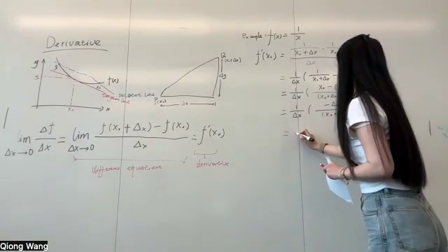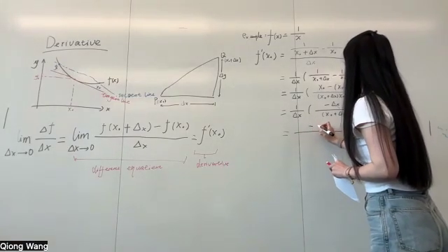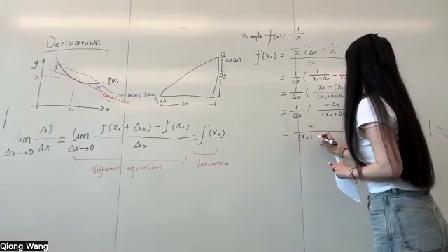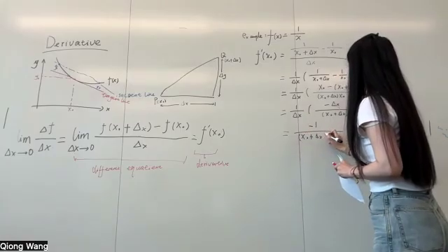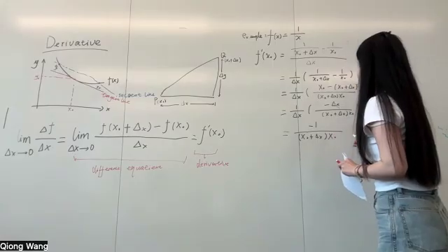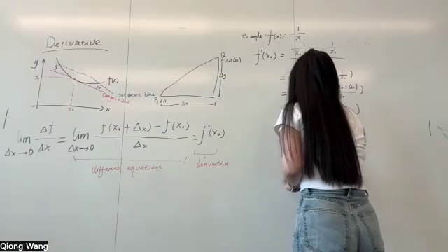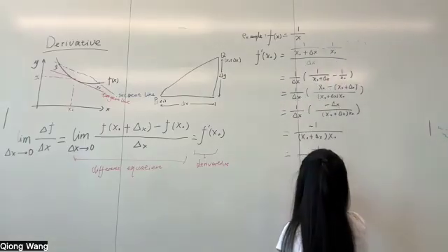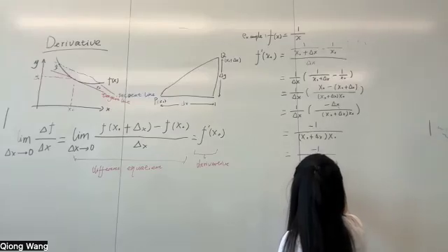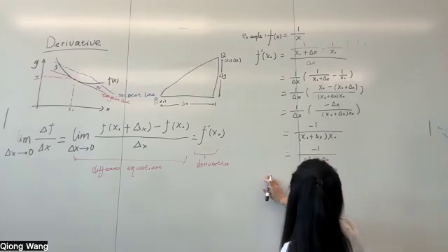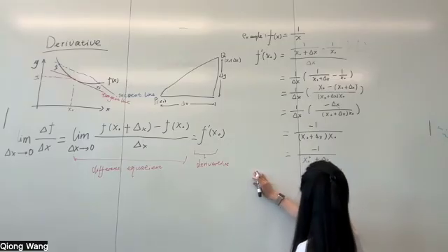So we will go to the function like this, minus 1 over x0 plus delta x times x0. And so we will go to the function like this, x0, minus 1 over x0 squared plus delta x. And since we are to pursue the